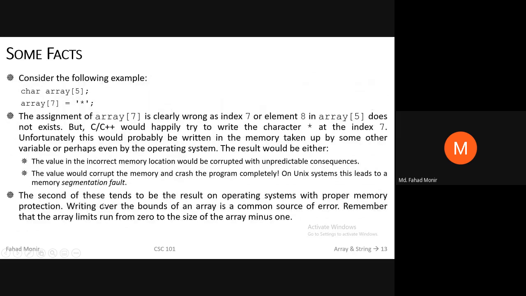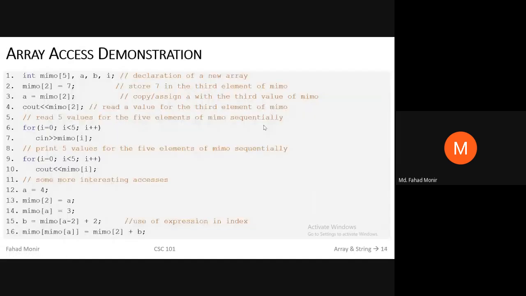So this one, consider the following example. So this assignment, array 7 is clearly wrong, index is 7. Okay, আমরা asterisk এর কথাটা পরে আসবো, আগে আমরা নরমাল কনসেপ্টগুলো ক্লিয়ার করি। ওকে।